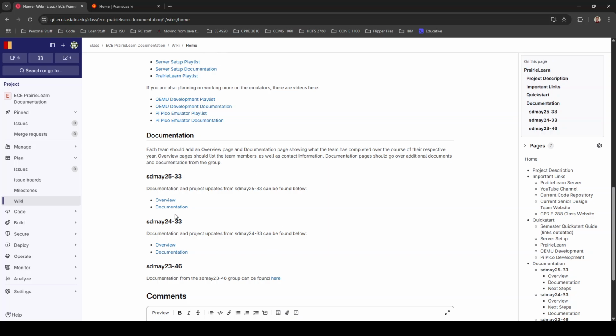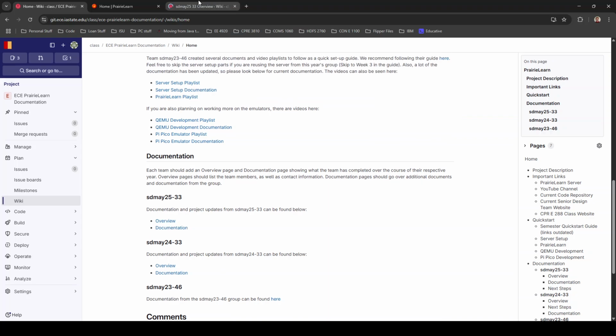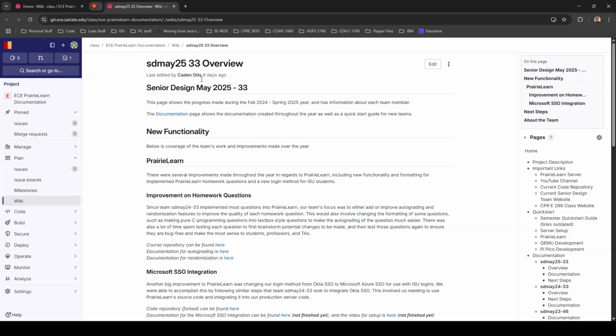Then this section is documentation for each team. For our team right now, we have two wiki pages. One is the overview of what the team did, and the next page focuses on laying out all the documentation that we made and hyperlinking it to easily find whatever documentation you're looking for. If I go to the overview tab here,